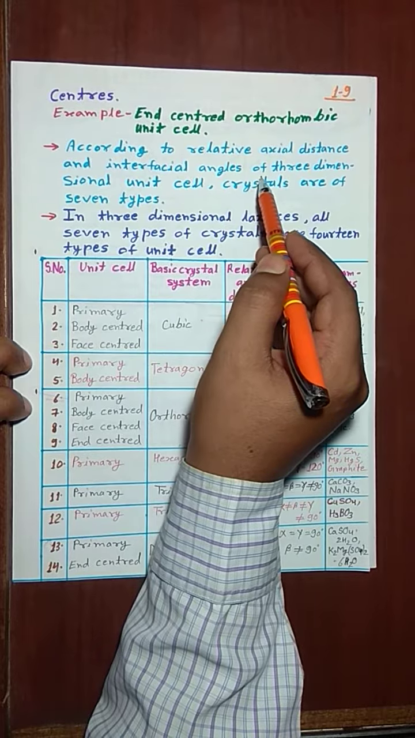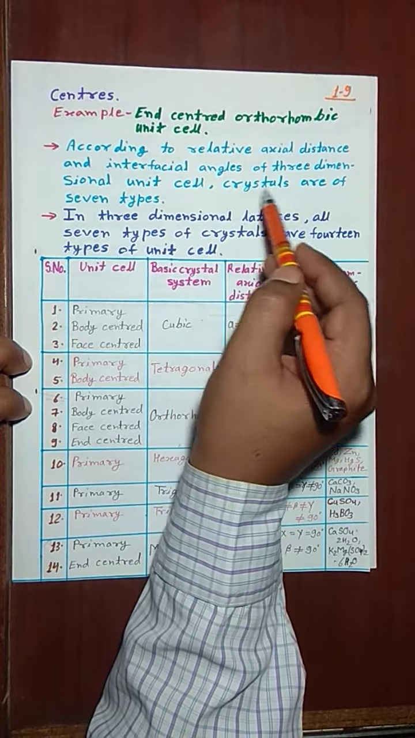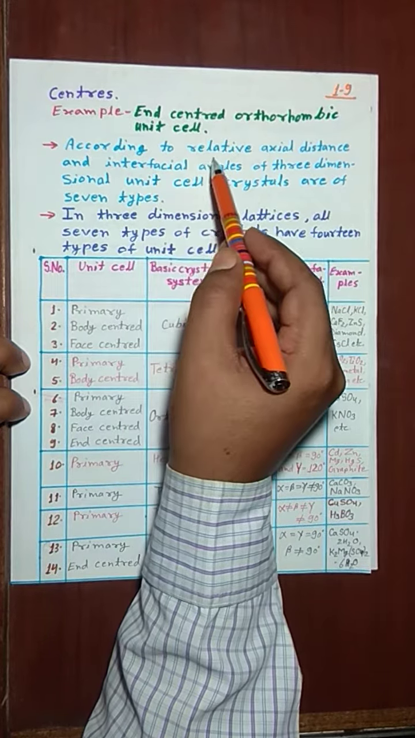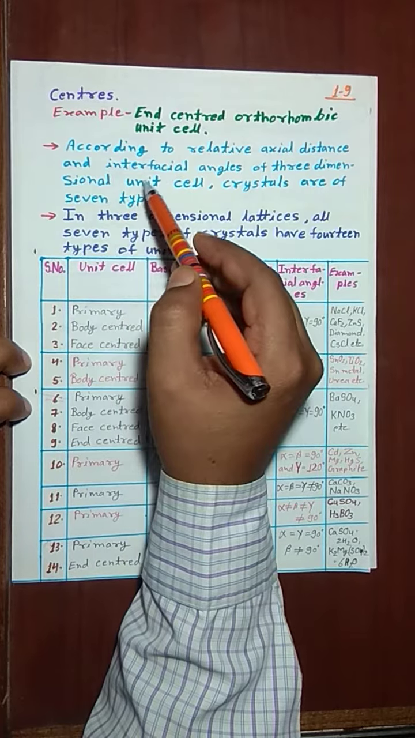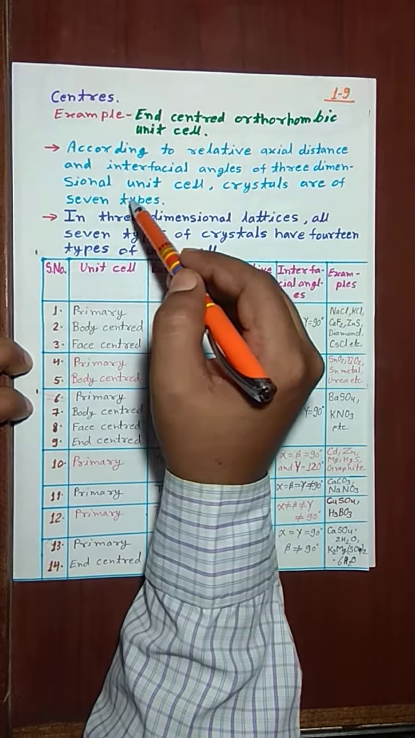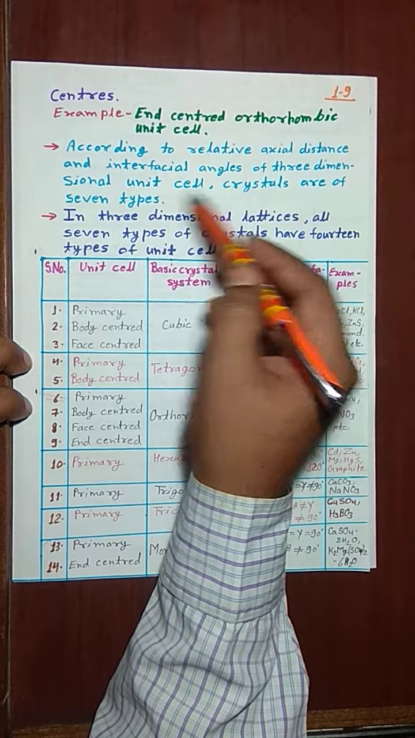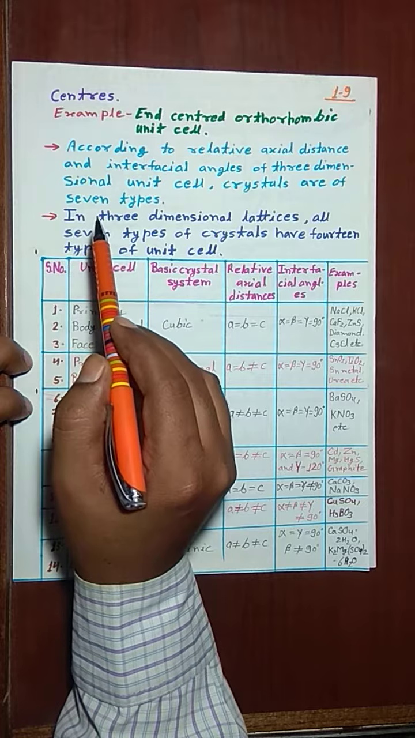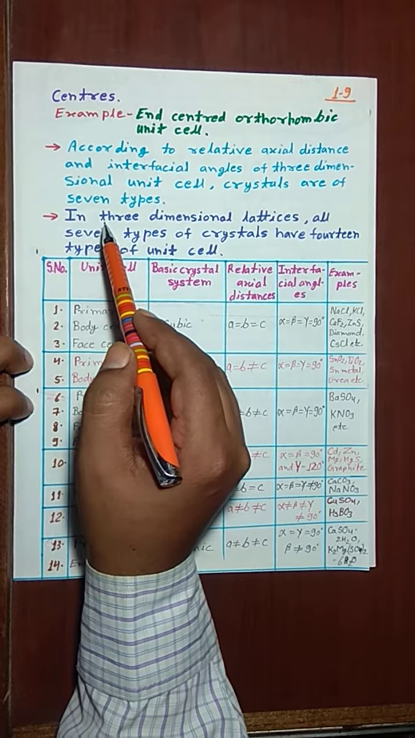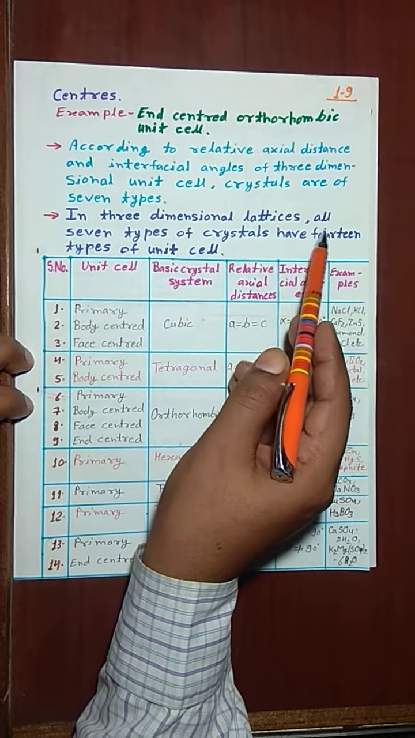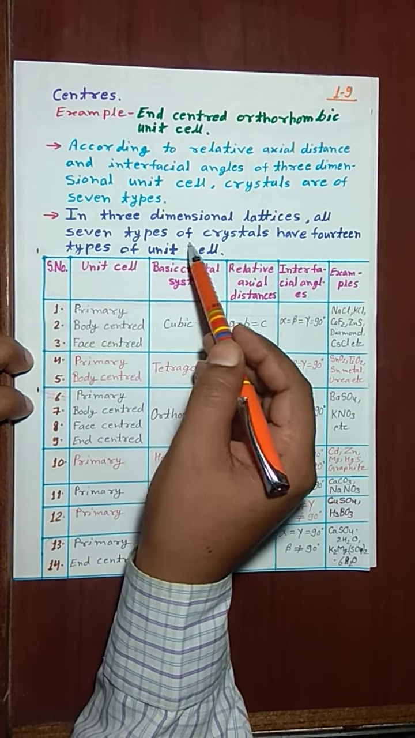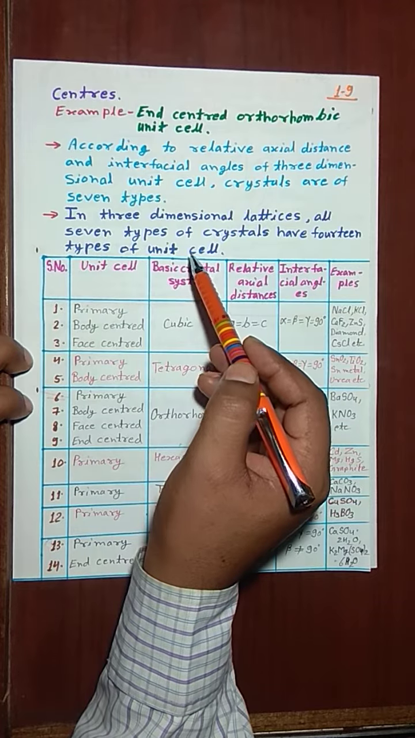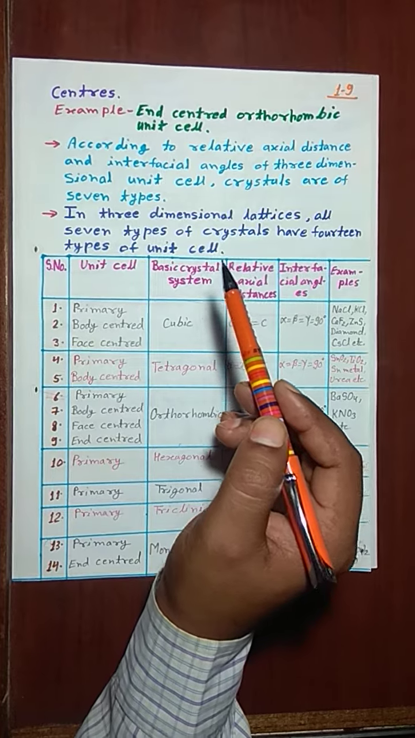According to relative axial distance and interfacial angles of three-dimensional unit cell, crystals are of 7 types. Remember students, according to relative axial distance and interfacial angles, crystals are of 7 types. Correct? Total 7 types of crystals. In three-dimensional lattice, all 7 types of crystals have 14 types of unit cells, and these 14 types of unit cells are